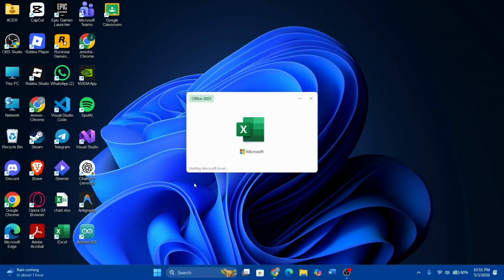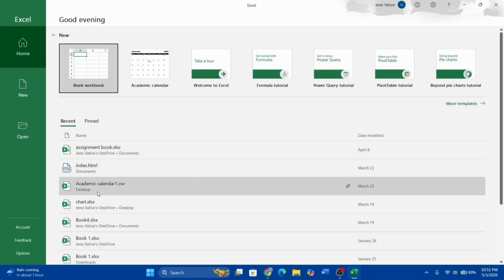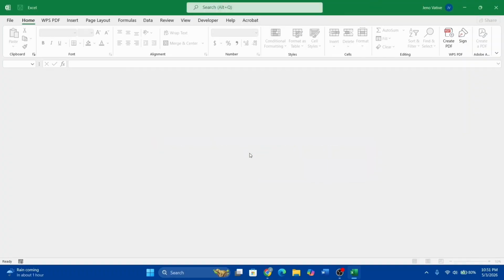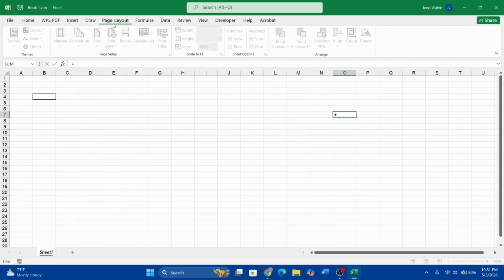Open up your Excel sheet and make sure that your data is ready. Go ahead and open it up, and once your data is ready, you can click on the option called Page Layout at the top menu. This one right here. And once we click on this option called Page Layout,